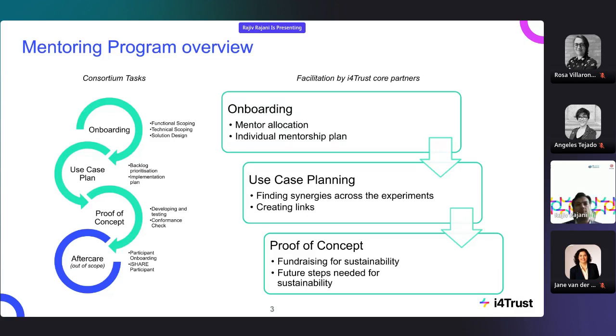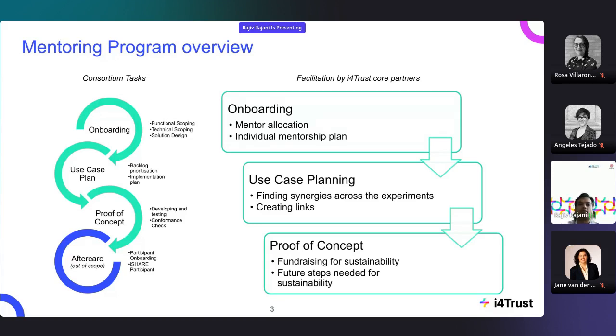This is what the mentoring stages look like, though they are drawn linearly on the screen. However, they don't necessarily need to be done in sequence, or they can run in parallel. So you can already start defining your use cases and detail them out in terms of development actions that you would take while you are still finalizing the scoping and solution design, for example. Or you can already start with your prototype development and things like that.